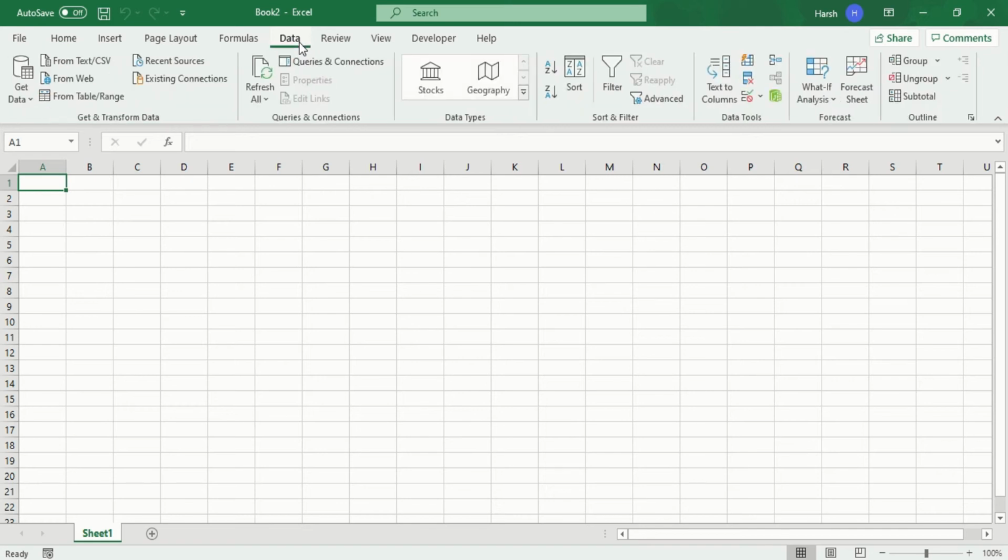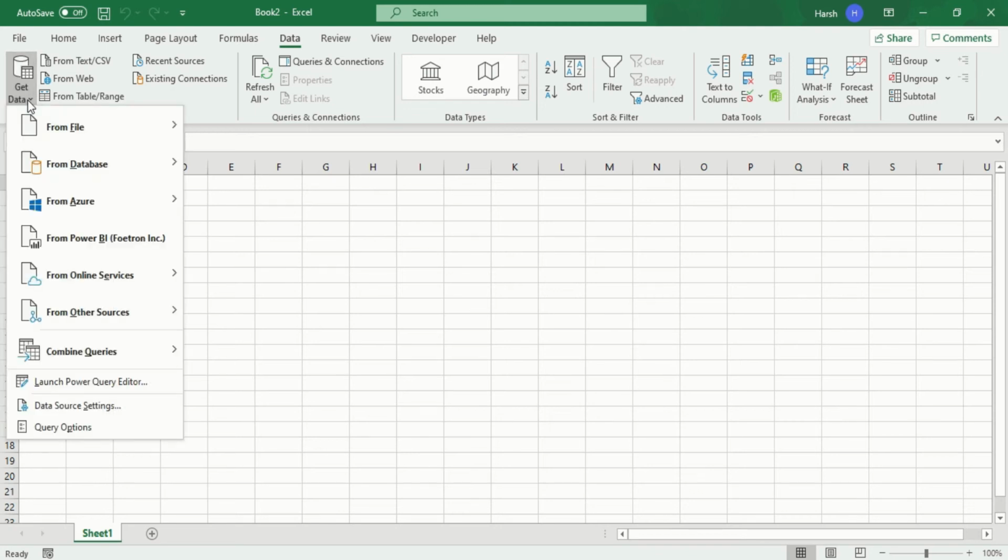When I go into the Data ribbon, there are a lot of features, but I am looking particularly for the Get Data option. So where should I go? Correct, I will go into the Get Data section. In the Get Data section, you will see a brief description that it lets you easily discover, connect and combine data from multiple sources, then shape and refine it to meet your needs.